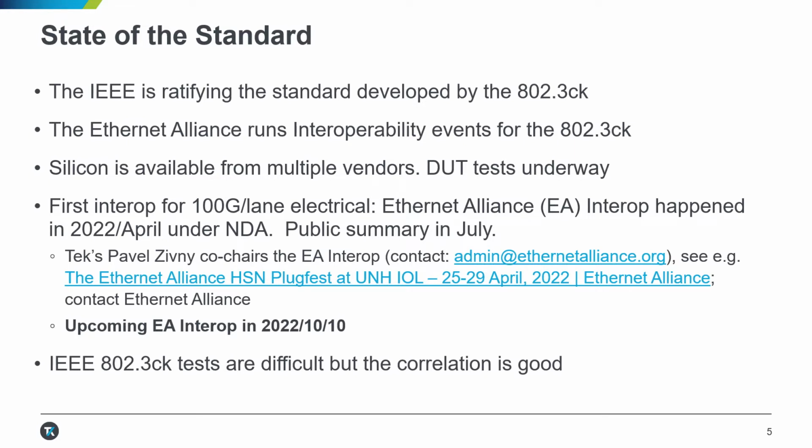Tektronix, Pavel Živný, so that's myself. I co-chair the Ethernet Alliance physical layer part together with the IOL staff and with my co-chair from Intel. We are going through both physical layer interoperability tests, so that's compliance tests, but also interoperability of the protocol, so devices are plugged into each other,